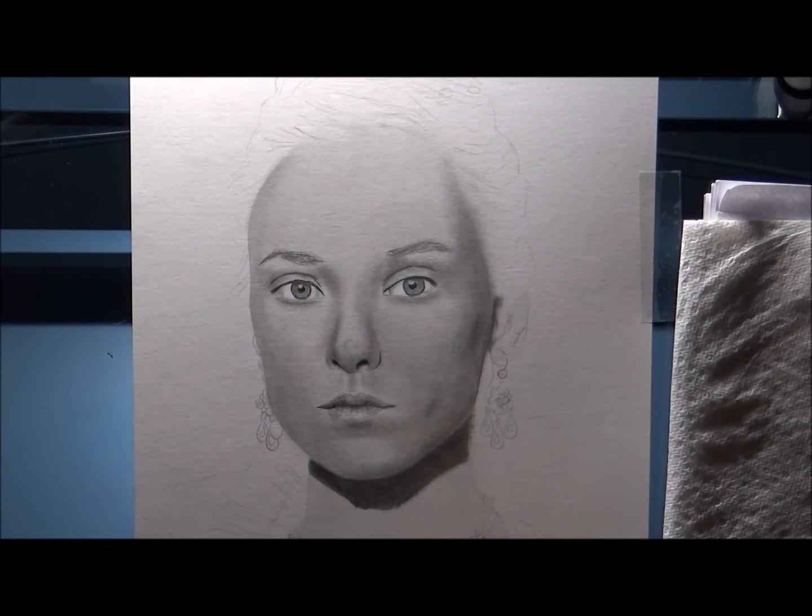And I definitely want to work on this lower lip a little bit. Right now there's much too much highlight in it, so I'm going to connect the lower lip almost to the corner of the bottom of the upper lip. I'll do that with, this is a B pencil, and on this side it doesn't quite connect. And then this part of her lip, which is starting to face down, darker than this part here. And I'll give just a little bit of tone now to this area. I'll probably pull some lights later with the eraser, but for now,